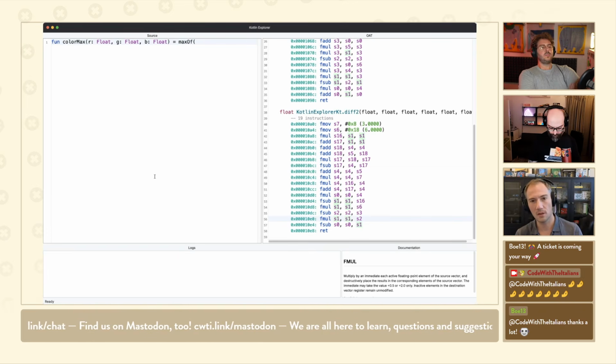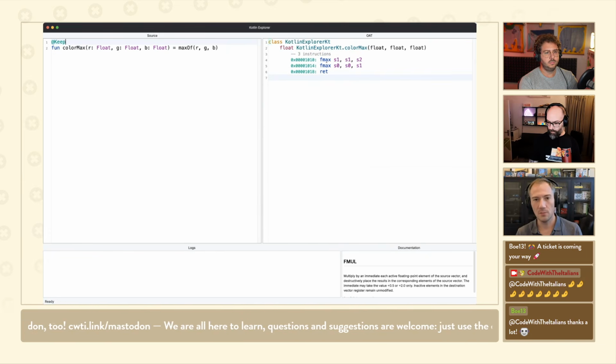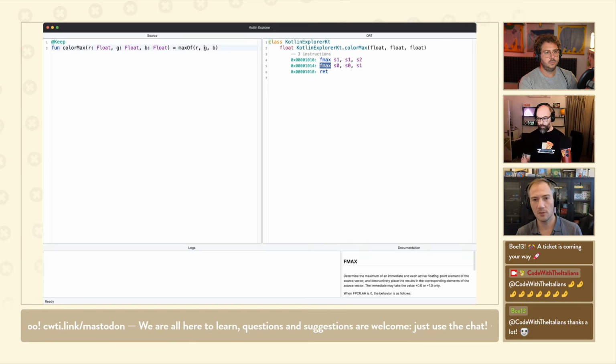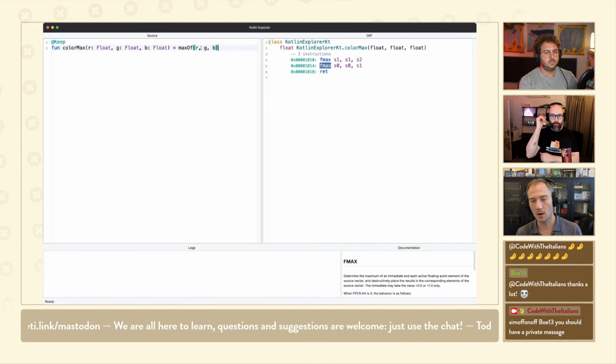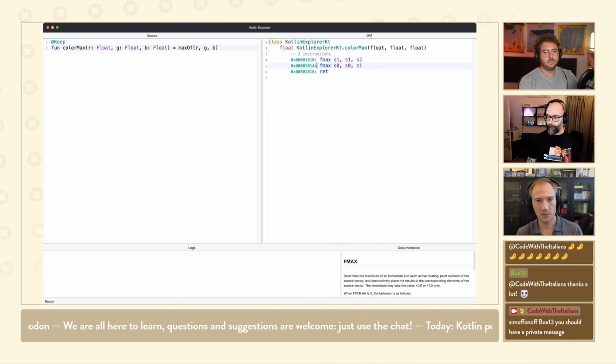It's great. You can say maxOf R, G, B. All right, let's look at the code. Okay, fantastic. 2 instructions. It does the max of G and B, and then the max of that with R. Perfect, right? Now let's say that, oh, I forgot there's an alpha channel in my colors.